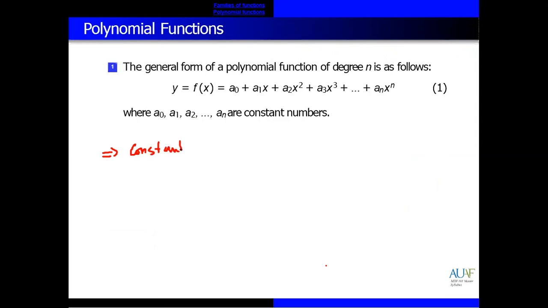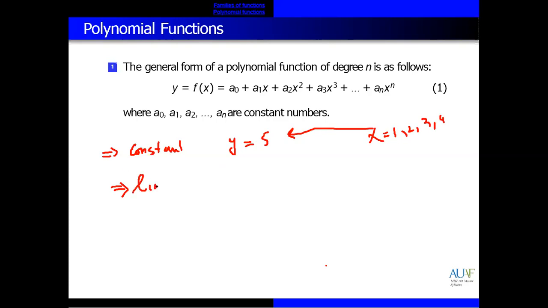Constant function is when y is equal to a constant number: 2, 3, 5, any value. It means there is no variable x. So y is equal to 5. This is called a constant function. You cannot change the value of y equal to 5. We don't have x. Let's suppose you give x the values 1, 2, 3, 4. There is no effect of changing the x value on this. y equal to 5 will remain y equal to 5 forever. No change.